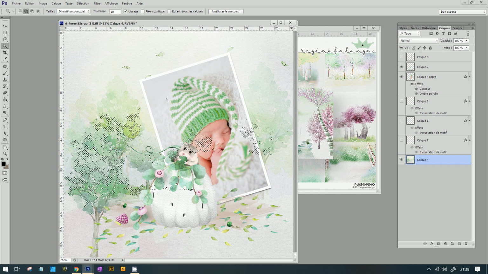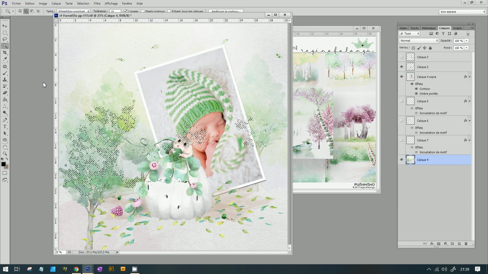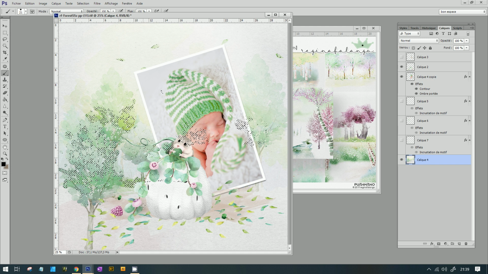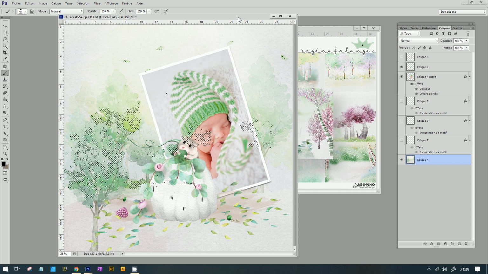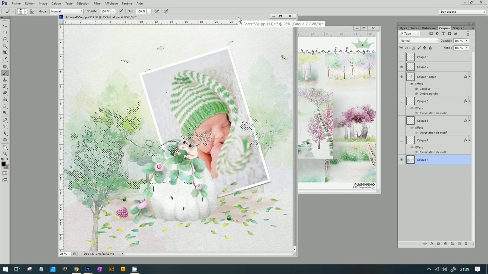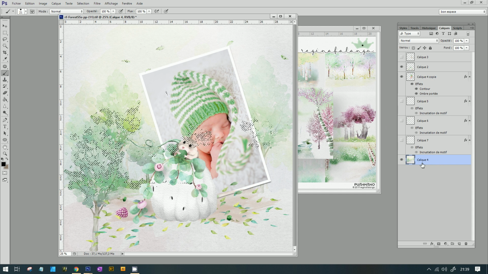It's red. You can copy paste, but you see you do not have the selection you want. No matter. We are going to show you how to choose the place where you are going to put the glitter. It's very difficult for me to find the words to speak correctly.